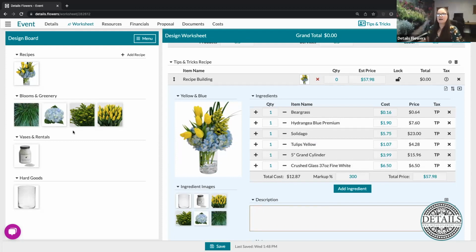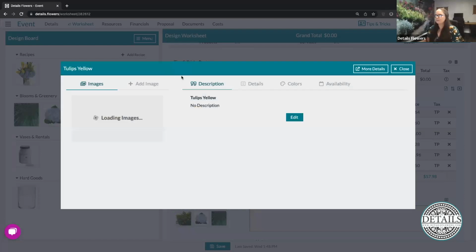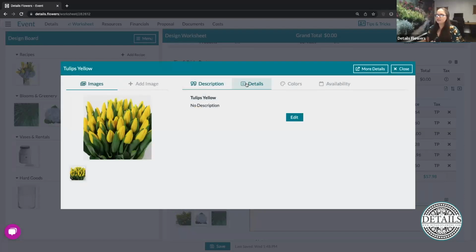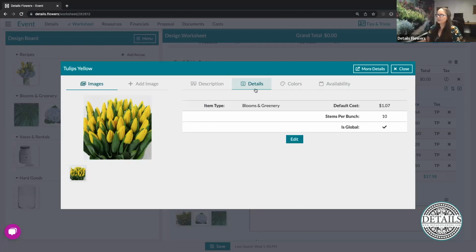What I mean by that is in the item gallery, if I click on my little eye icon here for this particular item, I can associate different information with this item. In this case, it's just named tulips yellow. I didn't give it a description, but you certainly can. It's got an associated image here. If I click onto the details tab, I've also marked this item as blooms and greenery,